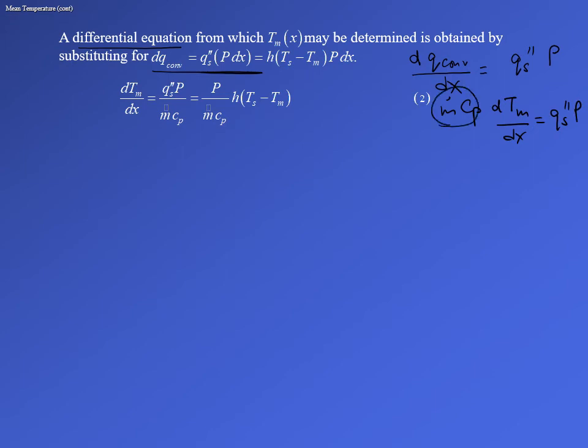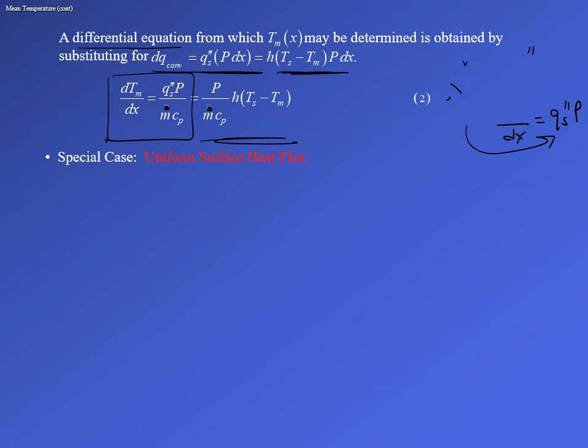So we can take this m dot Cp to the right hand side. So this gives us this relation. Okay, so we simply combined equation number 1 on the previous slide for dq and the expression for dq in terms of the surface heat flux qs double prime, and then finally we can substitute the Newton's law of cooling expression, which gives us the dTm in terms of Tm. So ultimately our equation simply becomes,